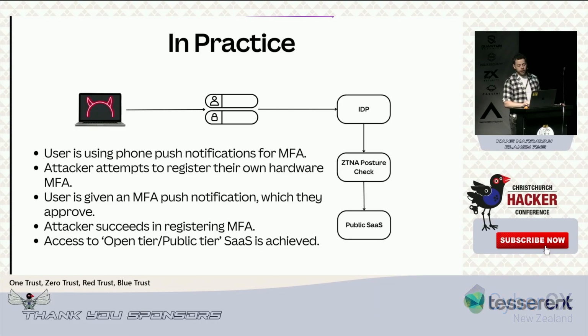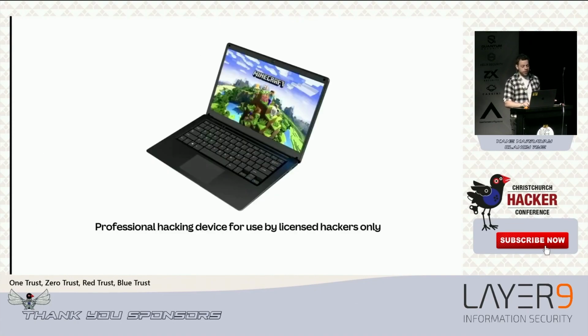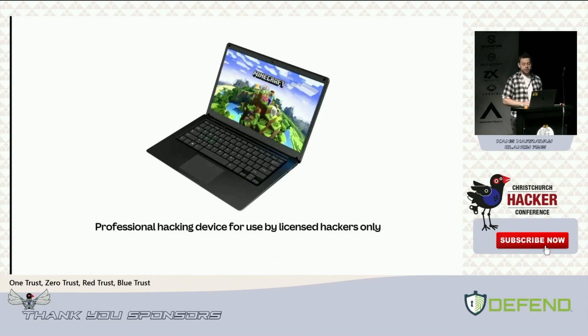Fortunately, the IDP is also linked to Active Directory, and so we're able to enumerate the user's group memberships, which gives us an idea of their levels of access and any other opportunities for privilege escalation. But what if we want to go even further than just the open tier? Fortuitously, the company just happens to support bring your own devices, and after a little bit of prodding, we're able to discover that we can use our access to self-service enroll our very own device into the MDM. Pictured here.